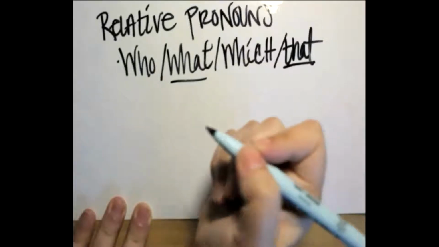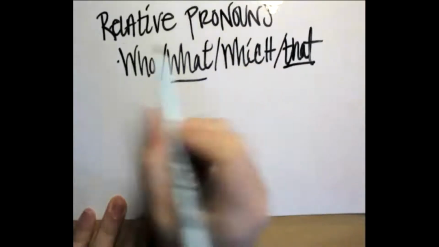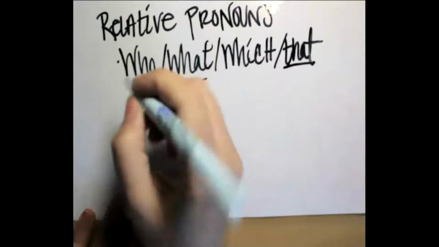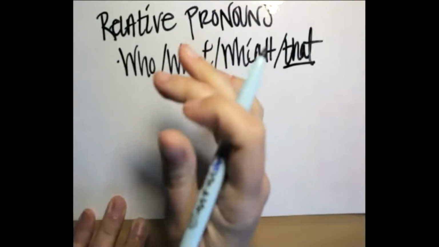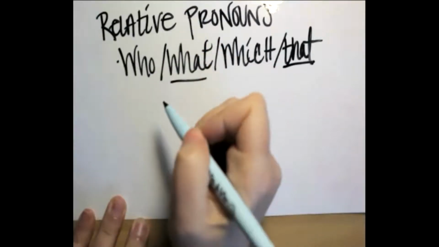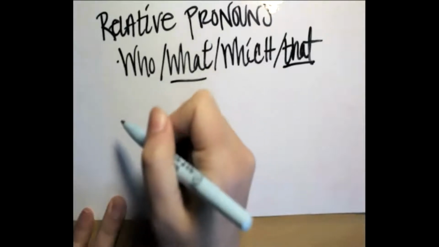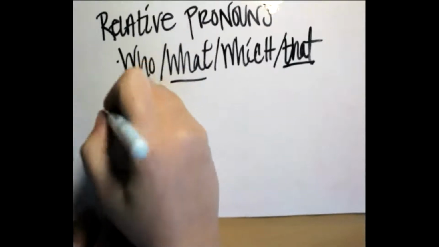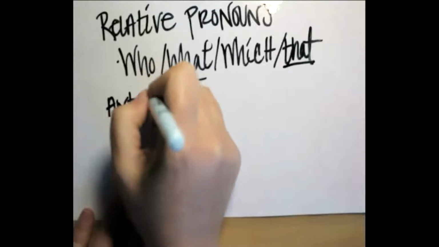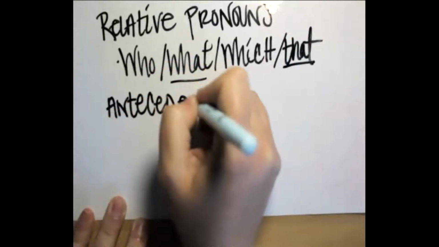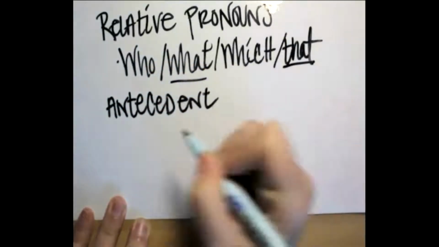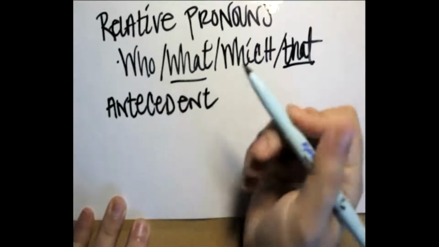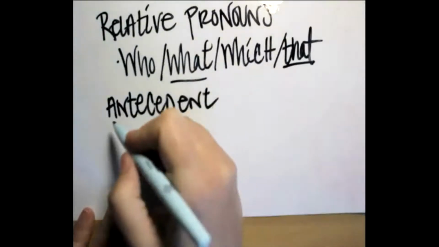So that's what the relative pronouns are doing, and they're called relative pronouns because they don't have any meaning without the context of what's called their antecedent. Okay, so because they are a pronoun and they're standing in place for another noun, the noun they're standing in